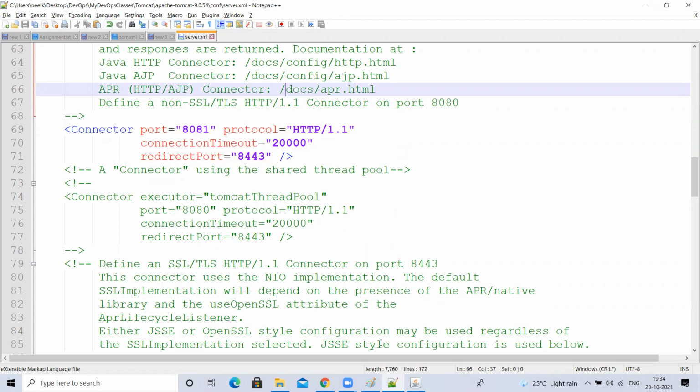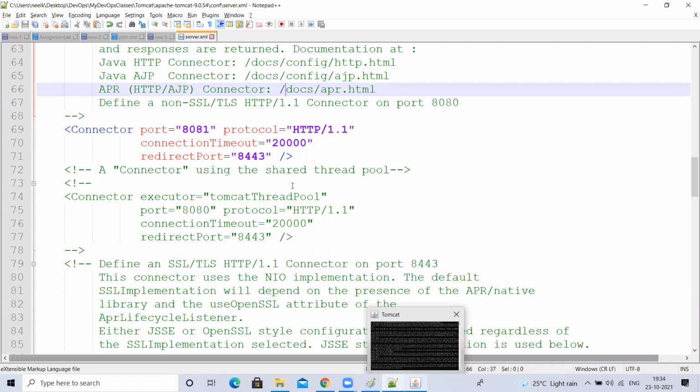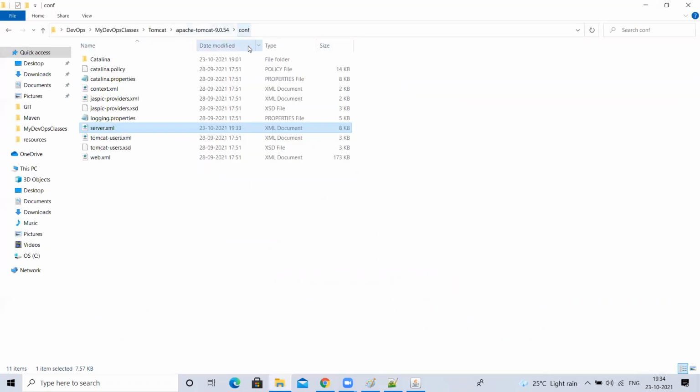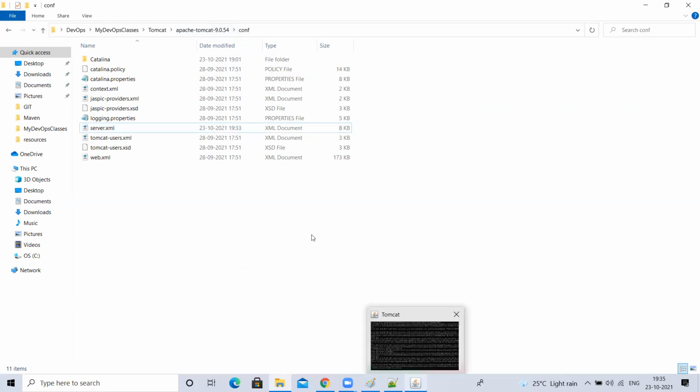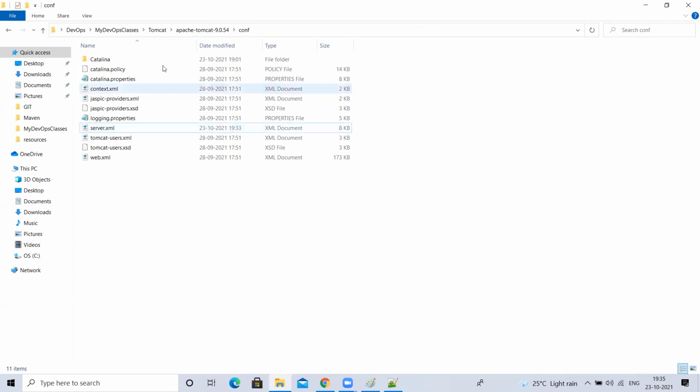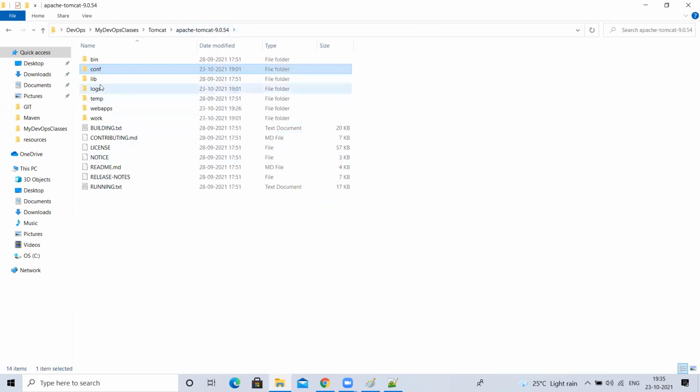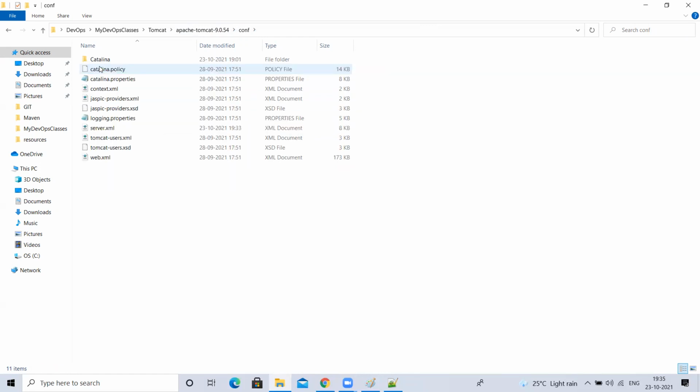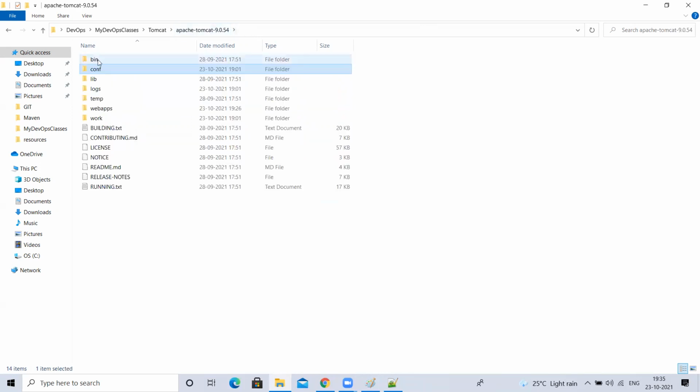Yes, correct. What is the thing? You may have to restart it. Exactly. When you change something in conf, that is, when you make any configuration changes to your Tomcat, restarting is not always mandatory. In a few cases it will work, but it is always better to stop your Tomcat and start it again to apply the changes. Few times it is mandatory; in few cases it will take some changes. We'll see those later. But for now, as we changed the configuration, to make those changes take effect we have to stop our Tomcat.